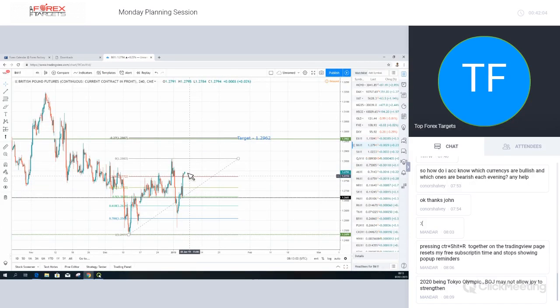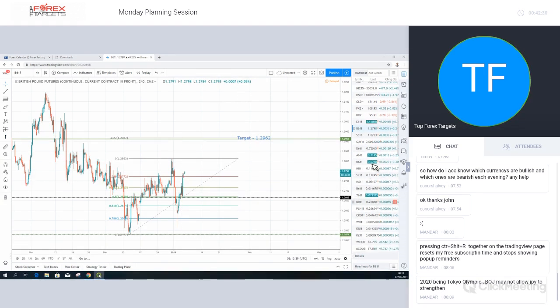We may end up getting a pullback and a retest of the 1.2665. But either way, what I'd like to see is a correction take place first, and then this will be the move in the pound index. This strengthening of the pound index is an opportunity I see this week alongside the Canadian pairs with the interest rate decision. Those are the two at the moment that I'll be looking at coming into this week.